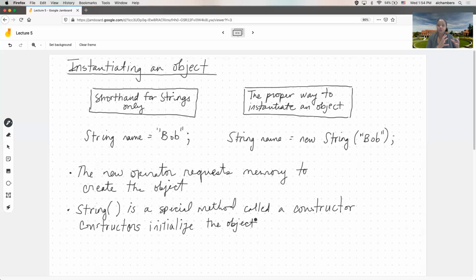So first the new keyword gets the memory, then the constructor, the special method, takes that raw memory and initializes it and creates a brand new object for you. In this case, it's creating a new string object. Inside that object, the string Bob is stored. That's what I mean when I say it initializes the object, right? We want to store the string Bob inside of there. So it stores the string Bob. The return value then of the right-hand side